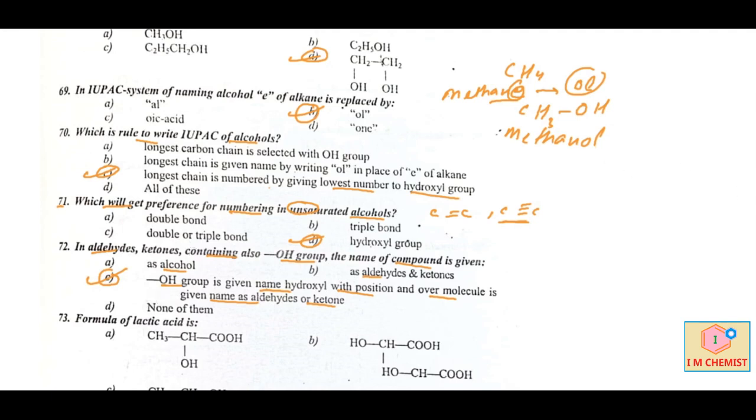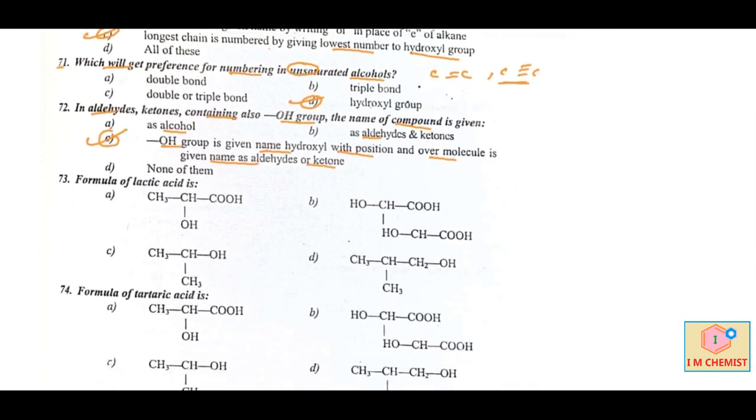Next, MCQ number 73 says that formula for lactic acid. So lactic acid is actually 2-hydroxy propanoic acid. So option number A would be correct. This is 2-hydroxy